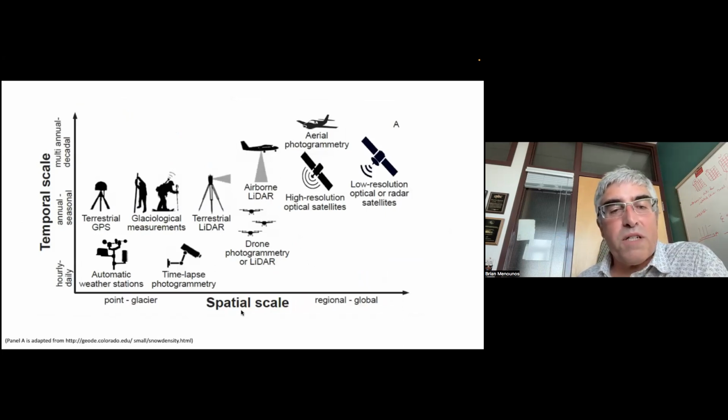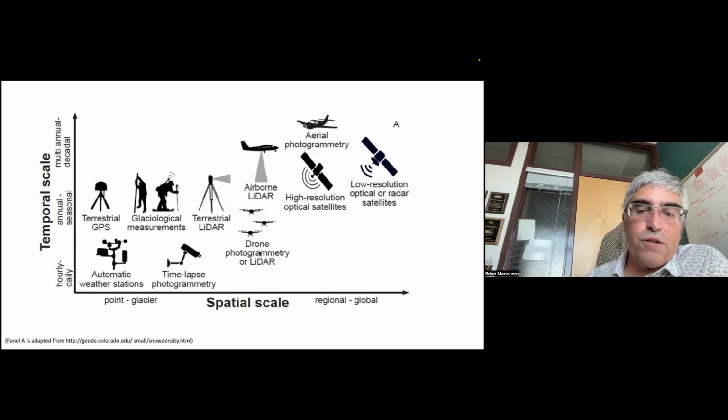So if you wanted to say something about glaciers and make observations of glaciers, you could do it over a variety of spatial and temporal scales. As I mentioned, I'm going to give you a couple of examples. I'll give you one from an airborne platform that we use, and I'll also talk about optical satellite systems and how we can use those to understand something about glacier change.